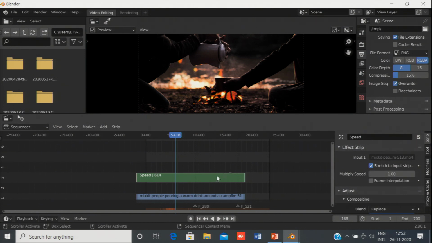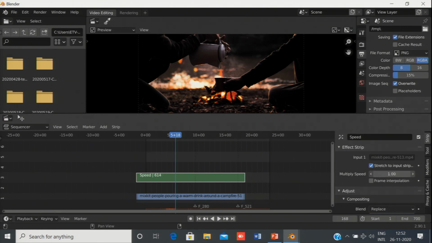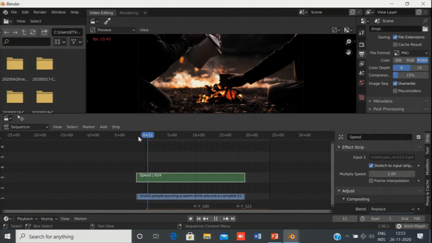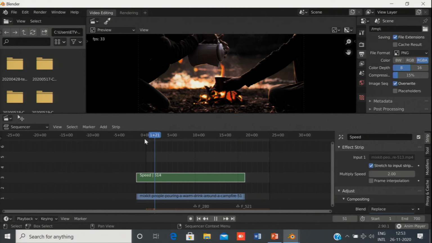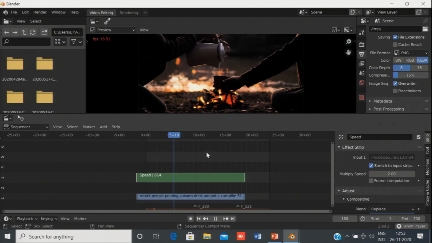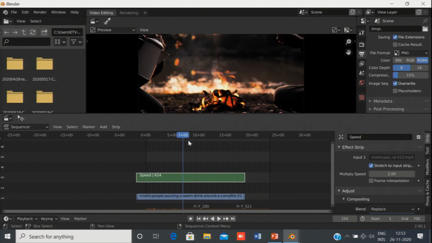See, when we see the properties in the effect strip, you can see this is a multiply speed. So, if I change it to 2 times, and now when I play, see the speed increases.